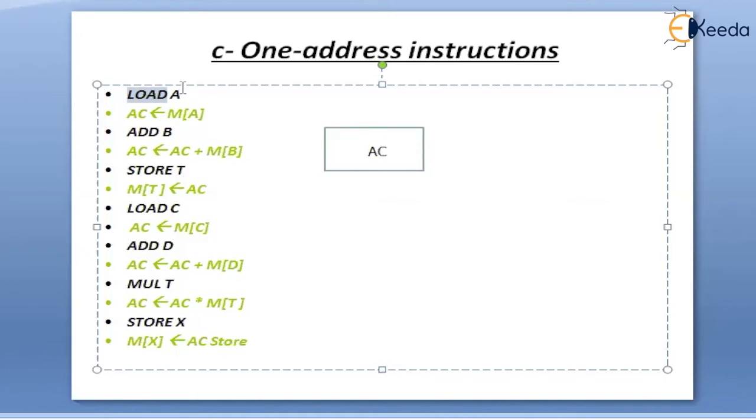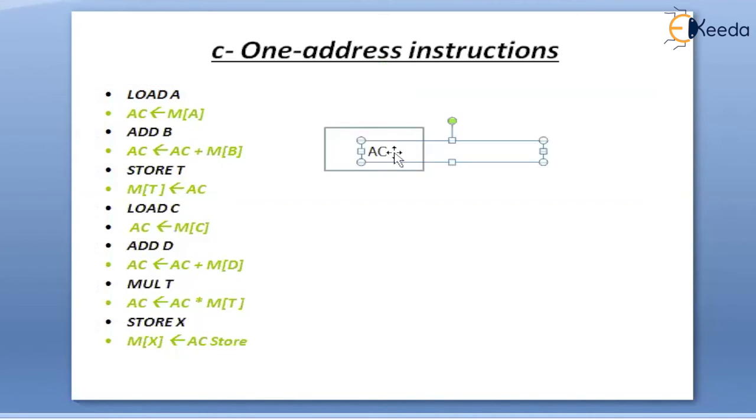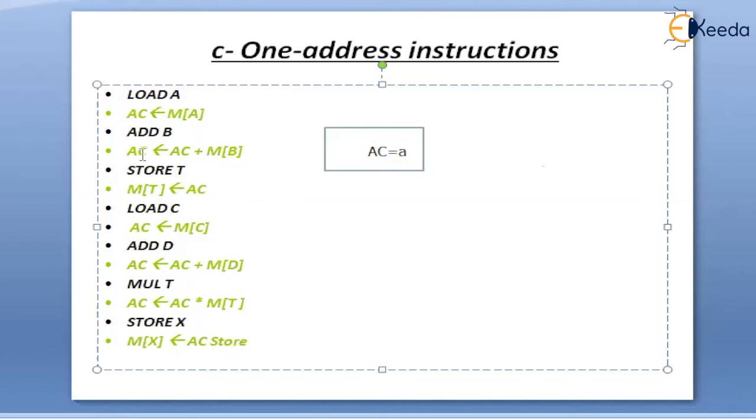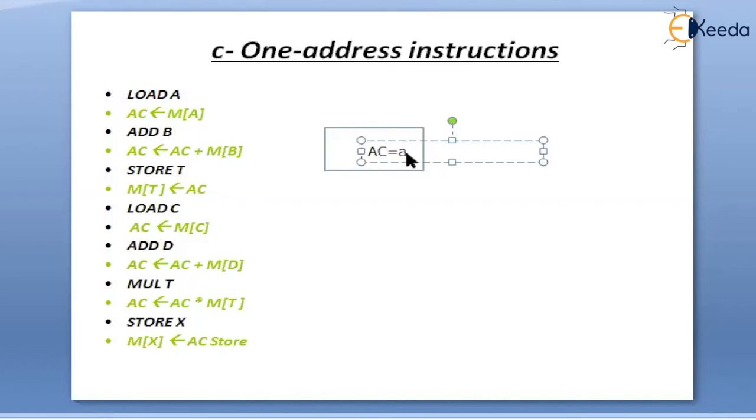That is the difference. So what we do is, we will execute an instruction called load A. What is load A? The contents of A will get transferred to the accumulator. Now accumulator is equal to A. Now what we do is add B. When I say add B, accumulator is equal to accumulator plus B. So I'll put plus here, A plus B. When we perform add B, accumulator is equal to accumulator plus B. The accumulator already holds the content A, then B will get added.